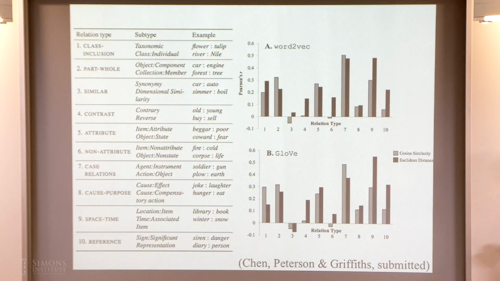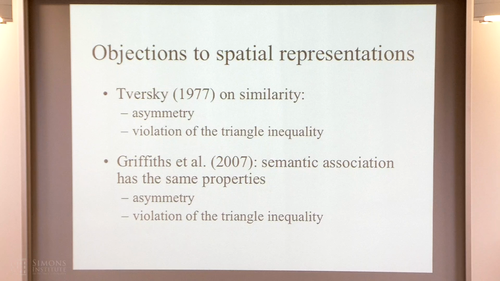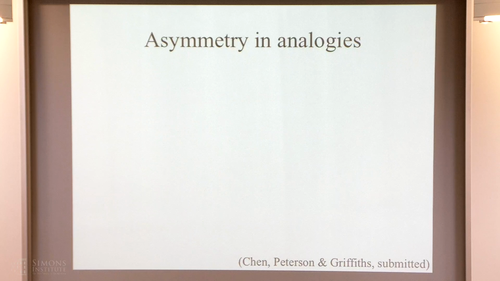The other thing that we did in terms of looking at these kinds of judgments was going back to thinking about Tversky's analysis of similarity and thinking about whether the same kind of objections might apply in the context of analogies. And so my postdoc, Dawn Chen, came up with some nice examples of things where you see the same kinds of violations. So again, to the extent that we see these violations, there are arguments against being able to use a vector space model to capture all of the things that are going on in the way that people are assessing analogies. So here's an example.